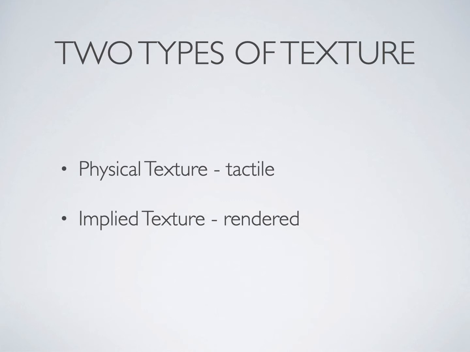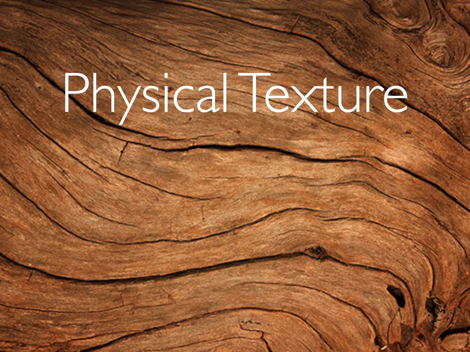When we're looking at the two types of texture, these are the terms we're going to be using: physical texture, or tactile, and implied texture, or rendered. These are all examples of physical texture. This is a lovely piece of wood. We're seeing the wood grain going in there. There's movement with this texture and how it's photographed, but it has a nice little grit that's